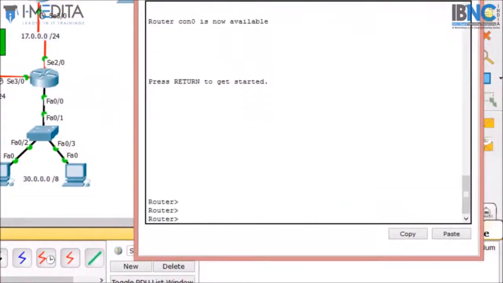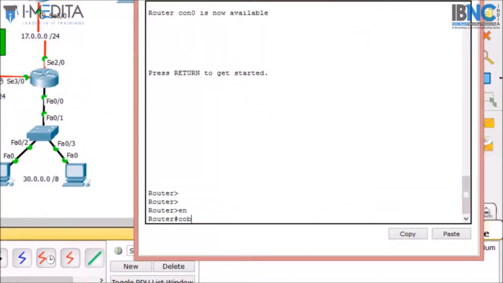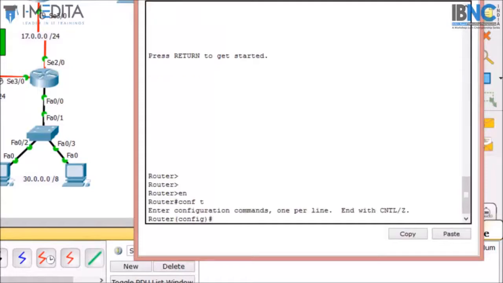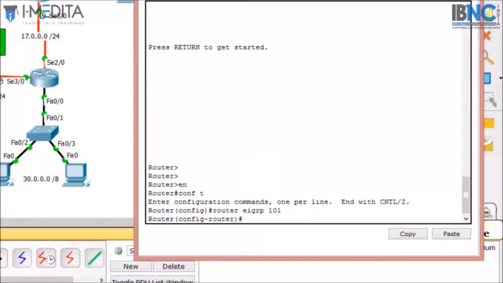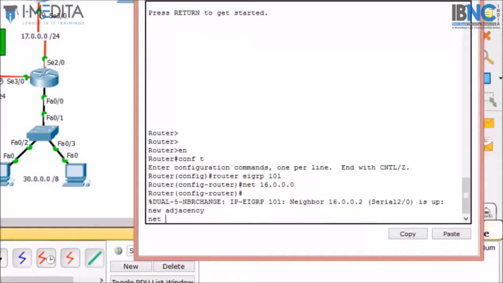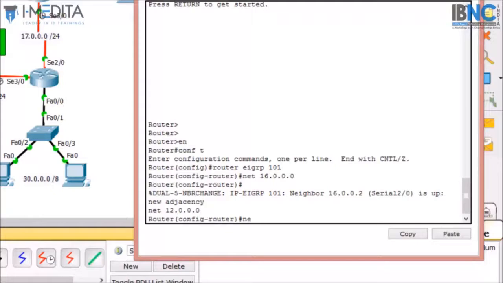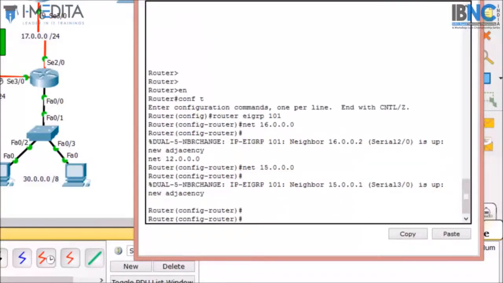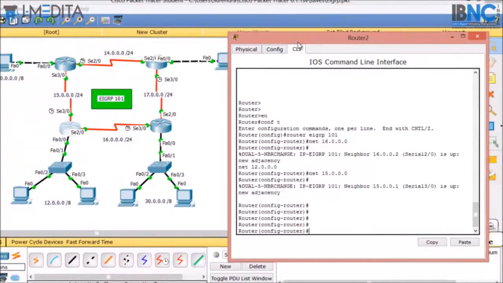On the next router: enable, configure terminal, then router eigrp 101, enter, then network 16.0.0.0, then network 12.0.0.0, then network 15.0.0.0. Now we have configured EIGRP on all the routers.